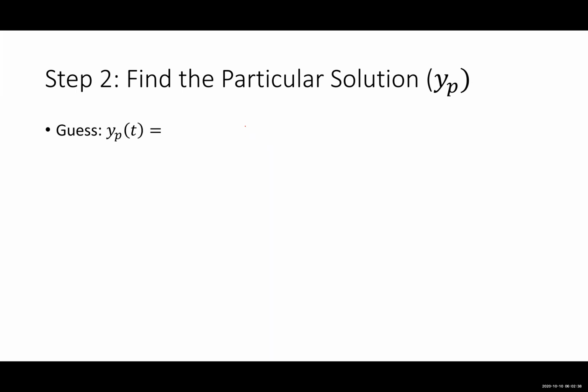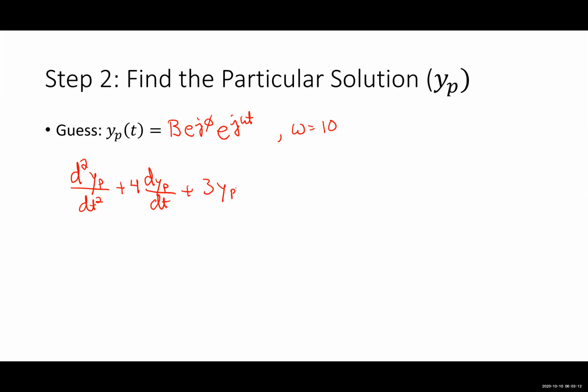Okay, so let's guess yp equals b e to the j phi e to the j omega t. Now I'm going to keep it as omega because I want to parameterize my stuff in code. I like to do that. All right, I'm just going to say my omega is 10. So we're going to take the whole system over to the phasor domain. I'm going to say d squared yp dt squared plus 4 dyp by dt plus 3 yp